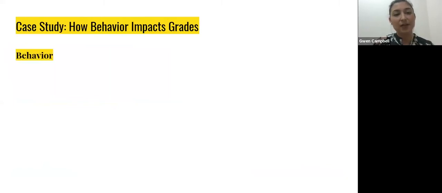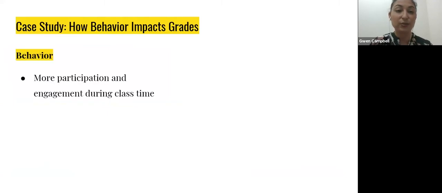So let's look at behavior first. Some of the top 3 behaviors that we really try to tackle. The first one is more participation and engagement during class time. As we can all understand, if the child spends, say, 1/3 of their time looking out the window or doodling or things like that, they're not paying attention to what the teacher is teaching. So how can we expect, when it comes time for a quiz or a test, that they understand all of the material? If we can increase more participation, more engagement during class time, we're going to see better academic